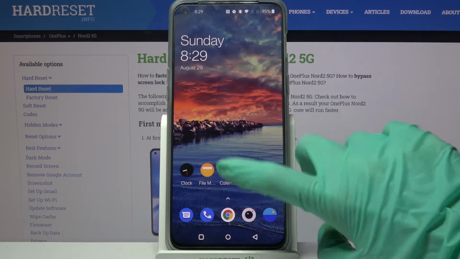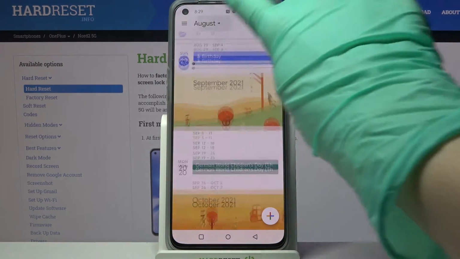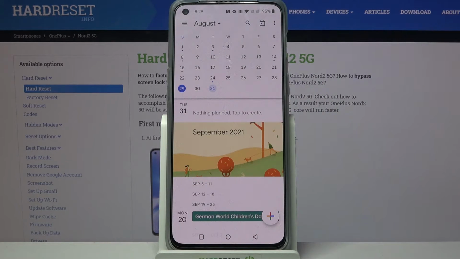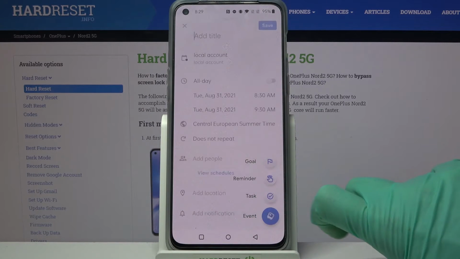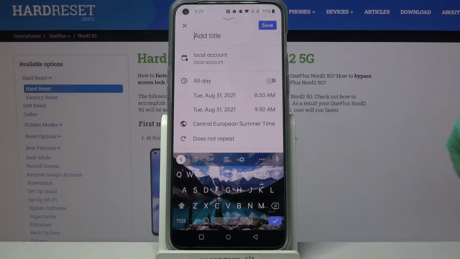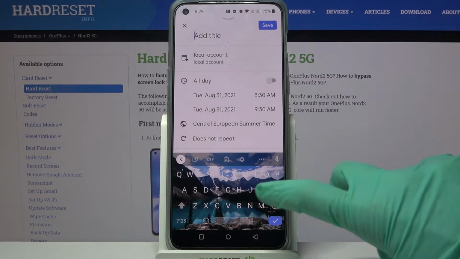Firstly, you need to access calendar. After that, tap on the month above and pick a date. Then you need to click on this plus icon at the bottom right corner, choose event and customize it however you wish to. For example, you can add a title,